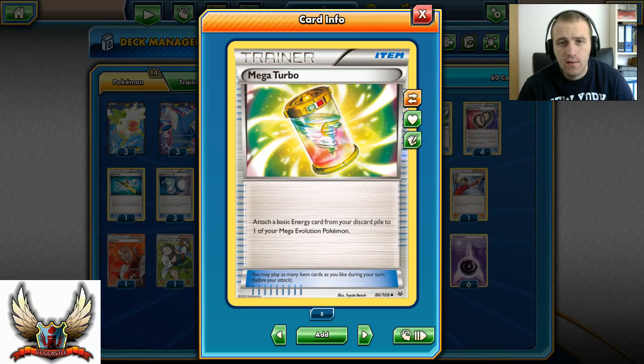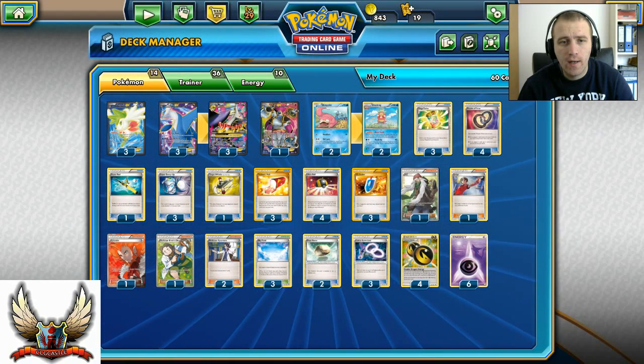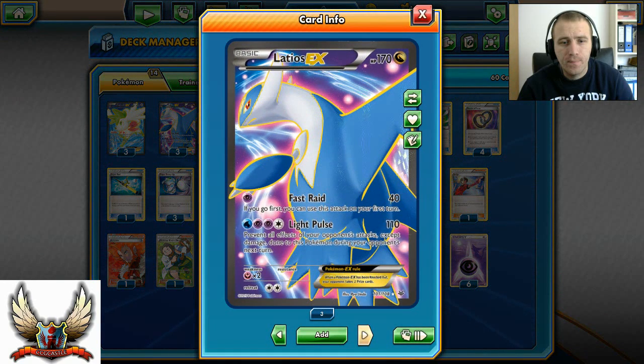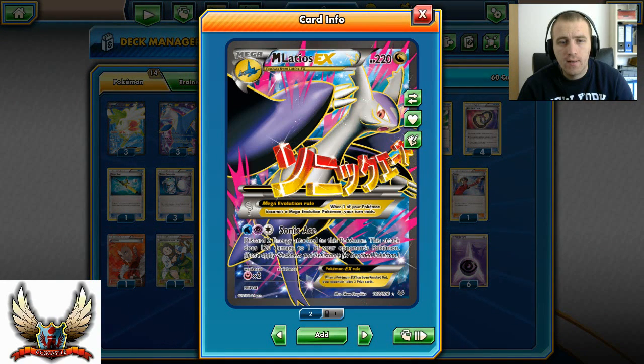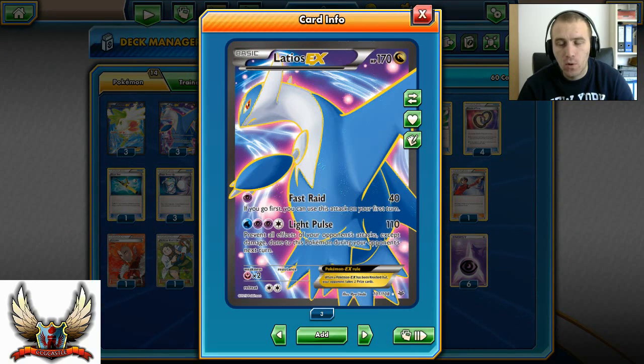If you noticed, Mega Latios will require water and Psychic energy, but I didn't take any water energy. I'm just going risky with this deck. That's how I build many of my decks. I just want to be sure that I can hit for 40 on turn 1 with Fast Raid with only Psychic